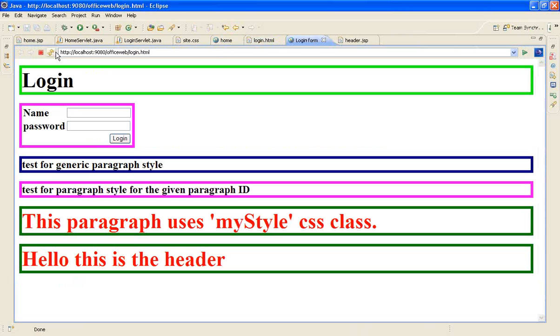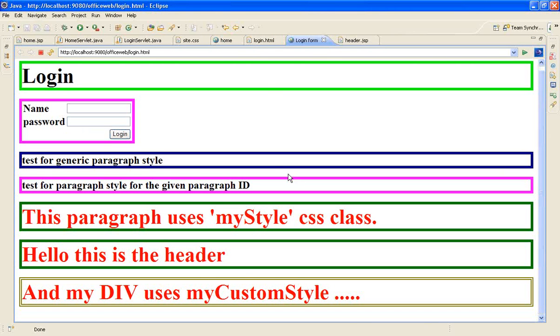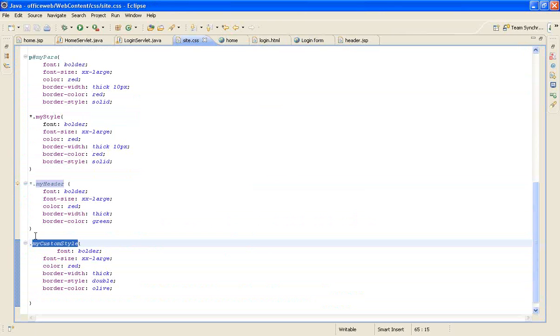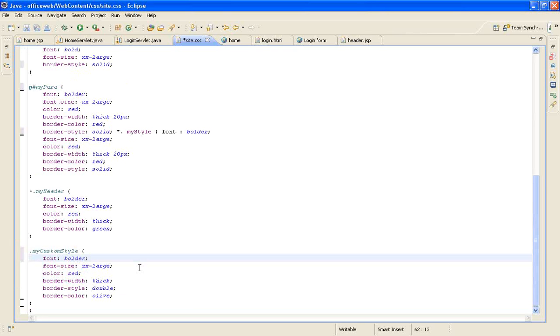So it works. I don't need to give the star as well. Any CSS class, if it is just a plain CSS class, I can pretty much say use dot and then your style class name. They call these CSS classes. So this particular name and then all the attributes that you want to give it. I just did a formatting.